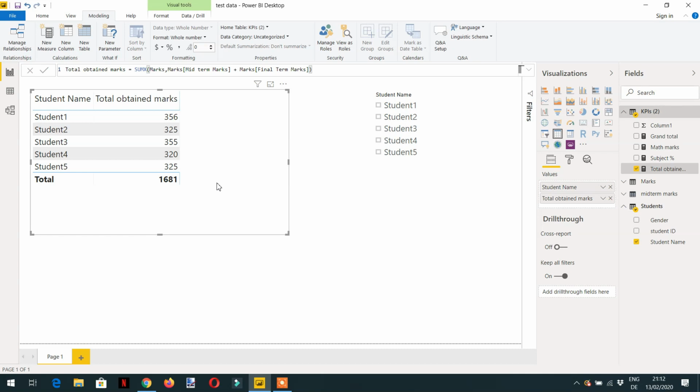So now first we need to add 1681 with every row here. So how to repeat this total with every row? We can utilize the same method that we have seen in the previous video, how we can ignore the filter context with the help of CALCULATE. So we can